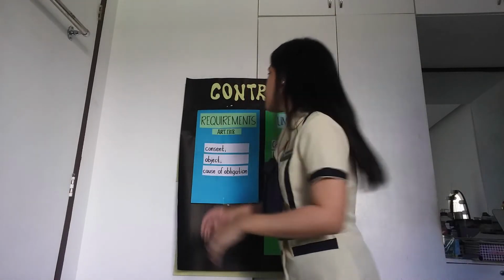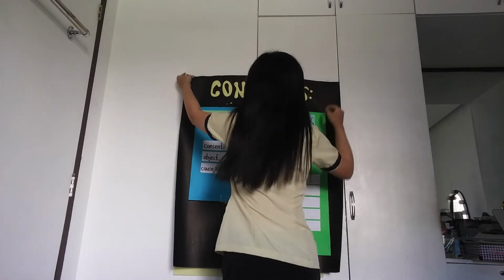So what is our activity? In our activity, all you have to do is to create a situation or create your own contract. What is stipulated in your papers is your assigned topic, whether it is a valid contract or an invalid contract. So that is your main activity. Your performance should be 1 minute minimum to 3 minutes maximum. We have here to guide you.